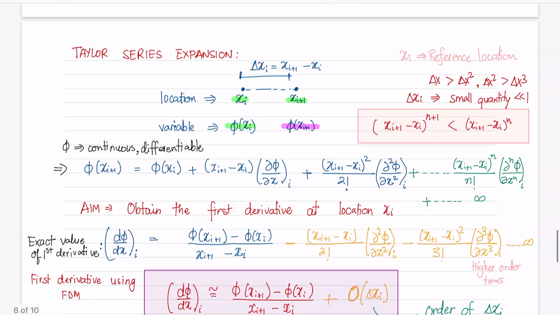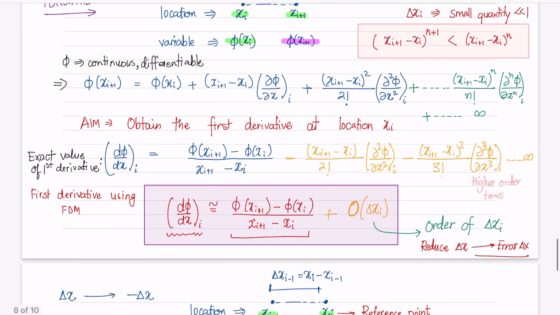So in the first case, we considered the reference point here, and the second point that we were taking the help of was in this positive direction. And in general, in the finite difference terminology, this positive direction is basically called a forward direction. So if we are going in this direction, it is considered a forward direction, and that is why